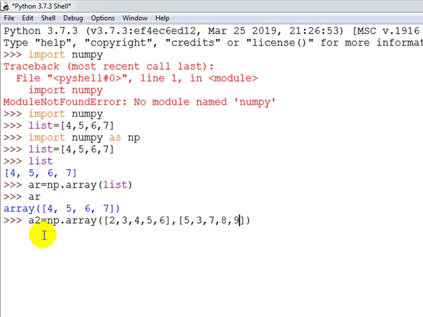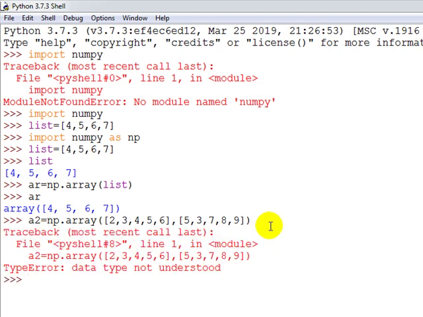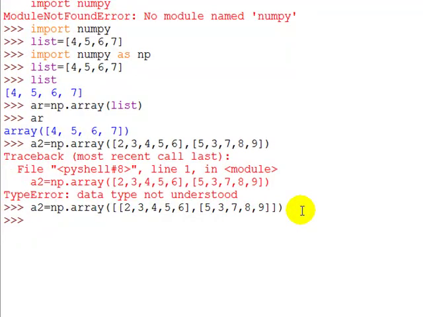Now after creating this, you can see the array is coming. What is the mistake here? I can copy it and paste here, and you can see this is a small bracket and this should be the array, so one more square bracket is required to connect this. Now the array has been created.